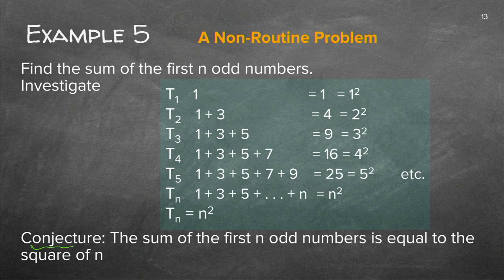If you look at this conjecture here, the sum of the first n numbers is equal to the square of n. Now, we've done this previously. We've done all the square numbers. If you look here, are all the square numbers, 1, 4, 9, 16. You know that already. For term 1, it is 1 square. For term 2, it is 2 square. Now, I don't even have to go any further, because you can already see the pattern. For Tn, it is n square.